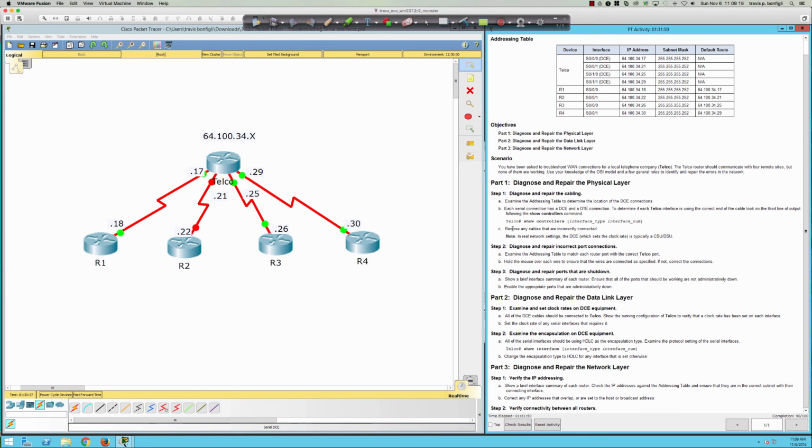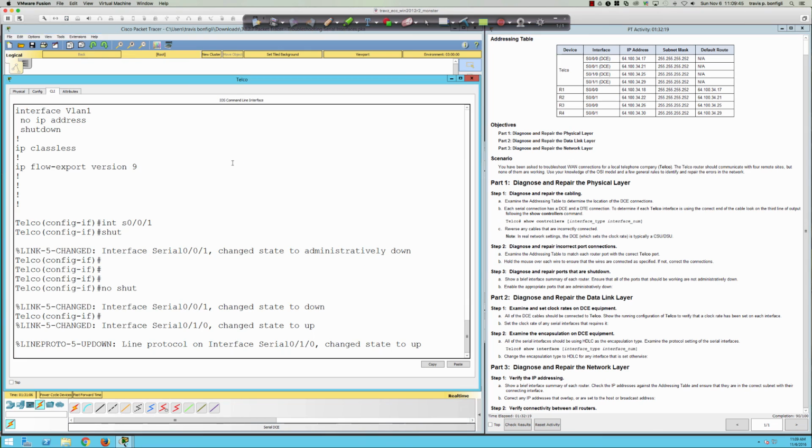We dealt with step 1, step 2, and step 3. So part 2 is diagnose and repair data link layer issues. So examine and set the clock rates on the DCE equipment. So it's on the DCE side. It'll be on the provider side where the clock rate would end up being set. And so we see here that the clock rate should be set on each interface. Set the clock rate on any interface that requires it. So we come to the telco,